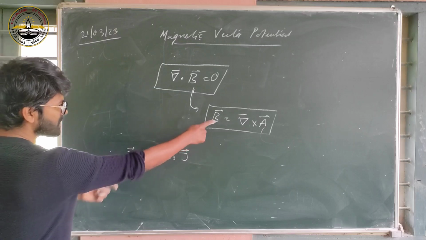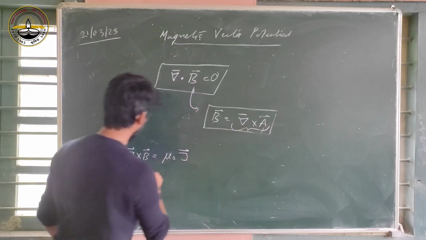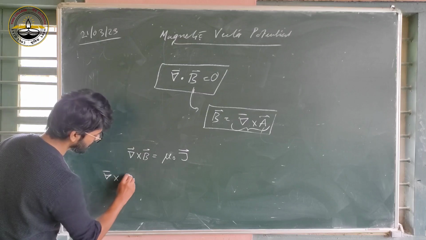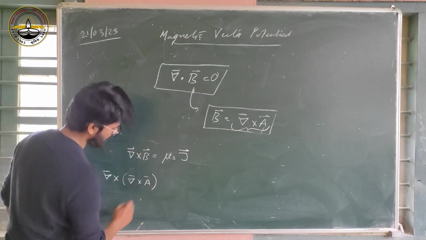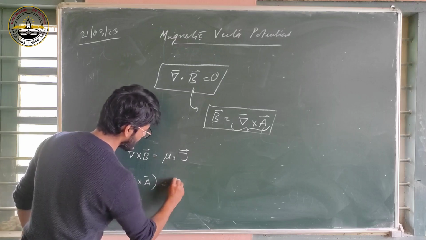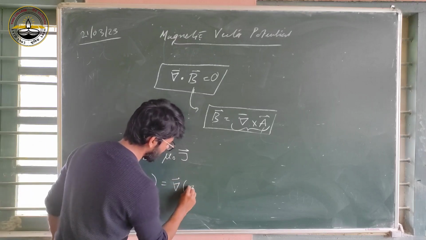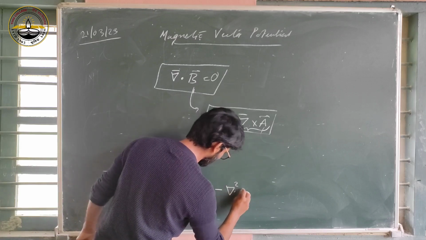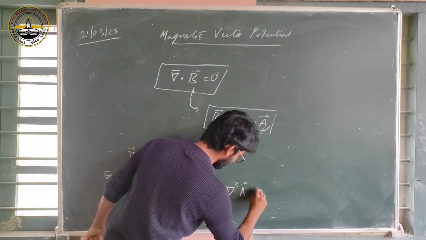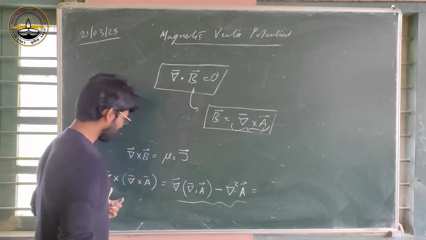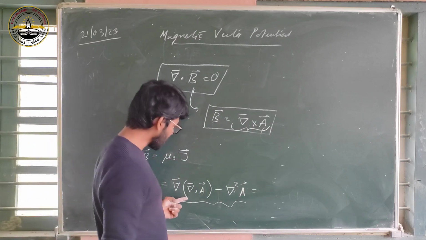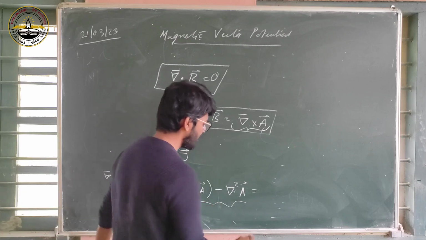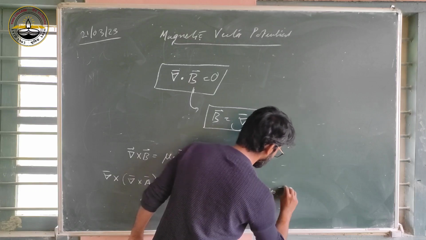If we now put this expression in place of B, then we have del cross A, and that is gradient of, you should remember these, you might have forgotten, del cross A is del, gradient of del dot A, minus Laplacian, del square of A, equal to mu naught